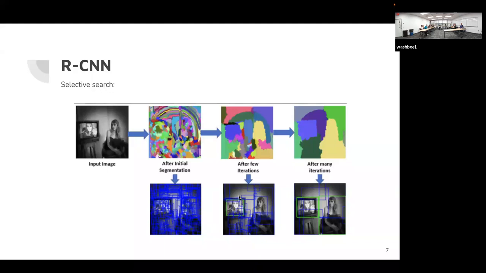For example, here we have the input image of a woman, and we try to localize where the woman is and where the television is. So we do some segmentation, and we reach the point where we can actually find that. Where is the CNN there? It's not, it's the beginning of the CNN. So first we do the selective search to segment the parts, and then we try to